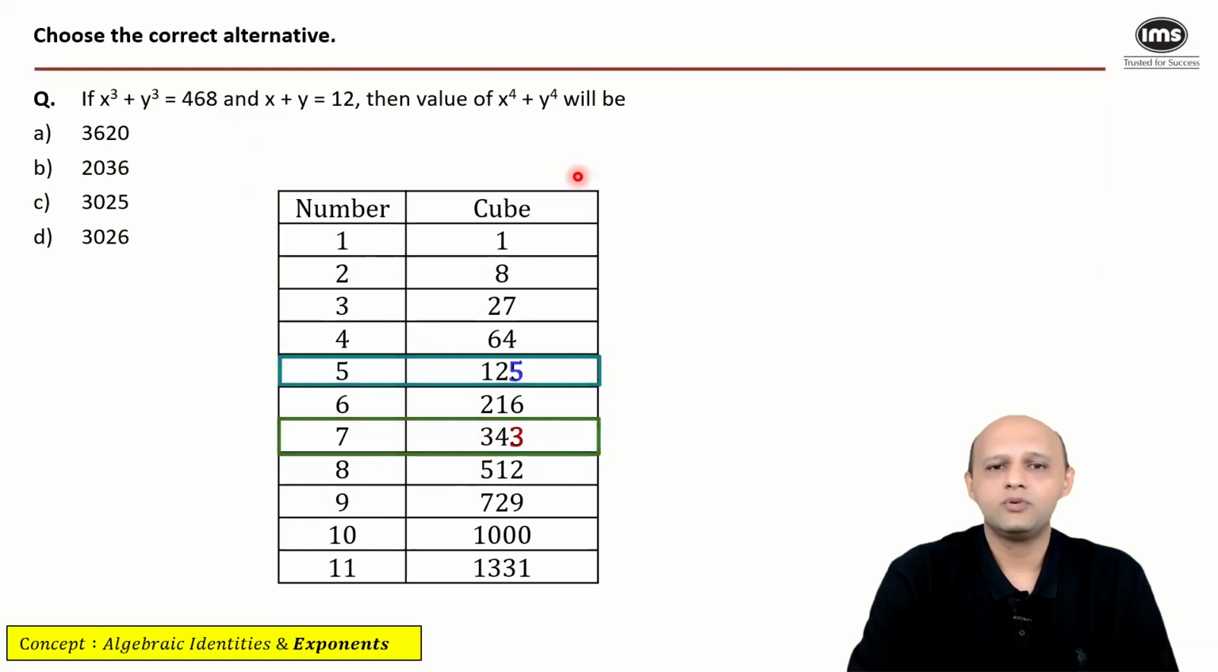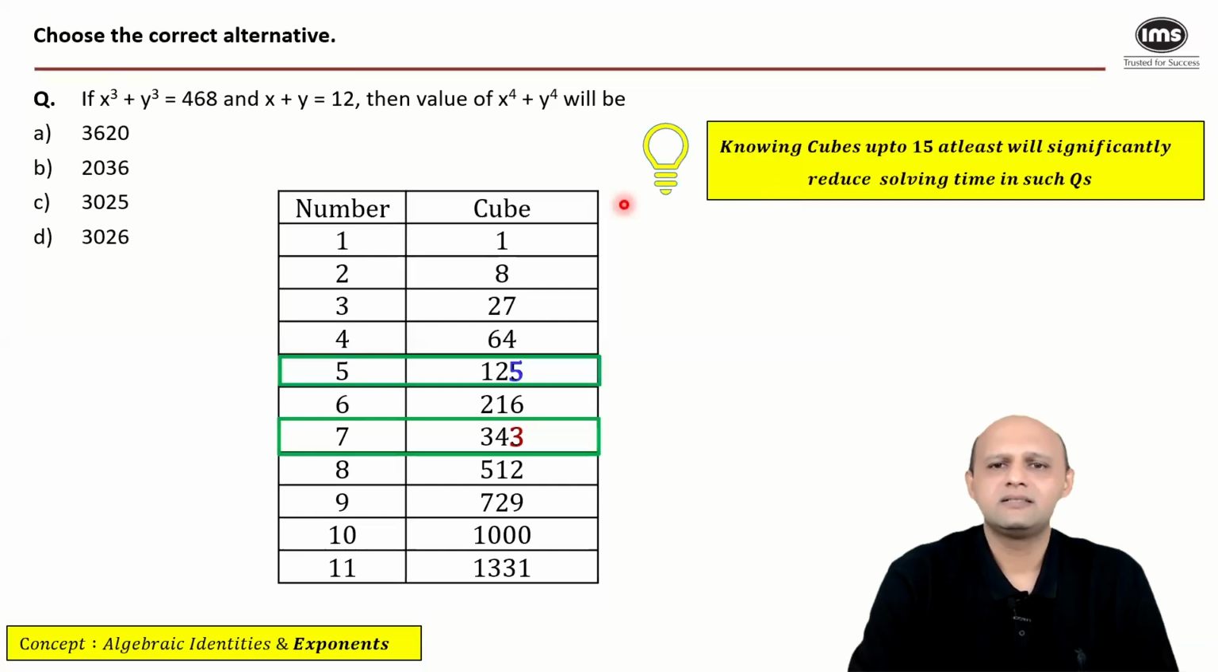Now, all you need to do is take the fourth powers of these numbers and add them. Okay. So what is important here is knowing cubes up to at least 15 as a number will significantly reduce the solving time required for such questions. Otherwise, one will have to resort to algebraic identities to solve. Okay. Now,